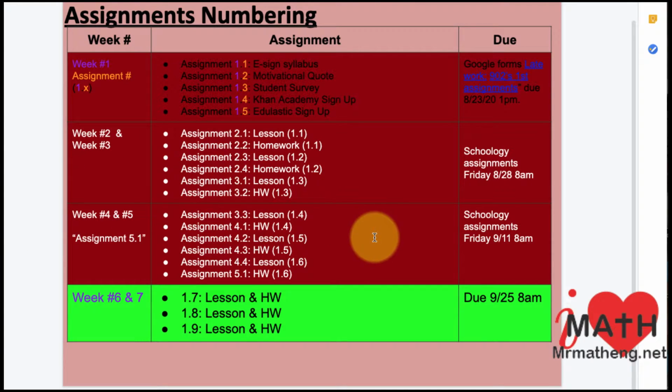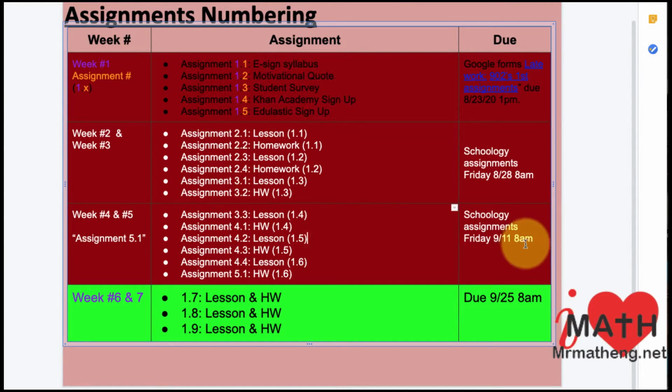All right, let's talk about work. The work in this red area has been graded. That basically means that if you need to turn in late work, you click on the words late work. Basically, you are writing a one-page reflection. That's kind of like the cost to turn in late work and the work itself.